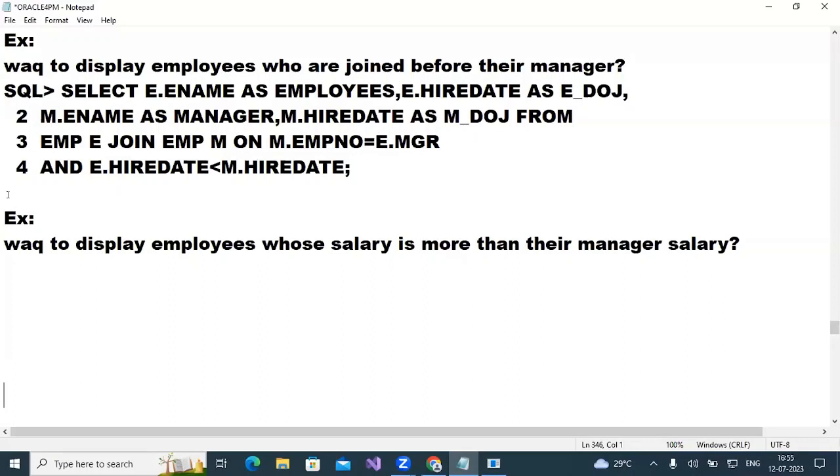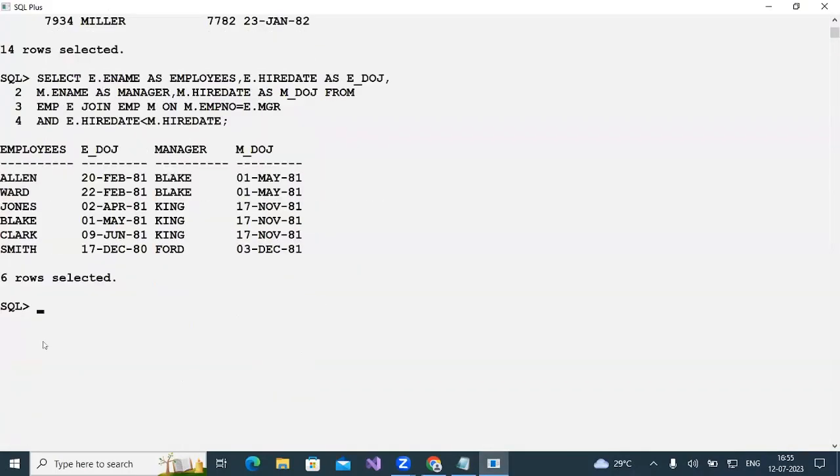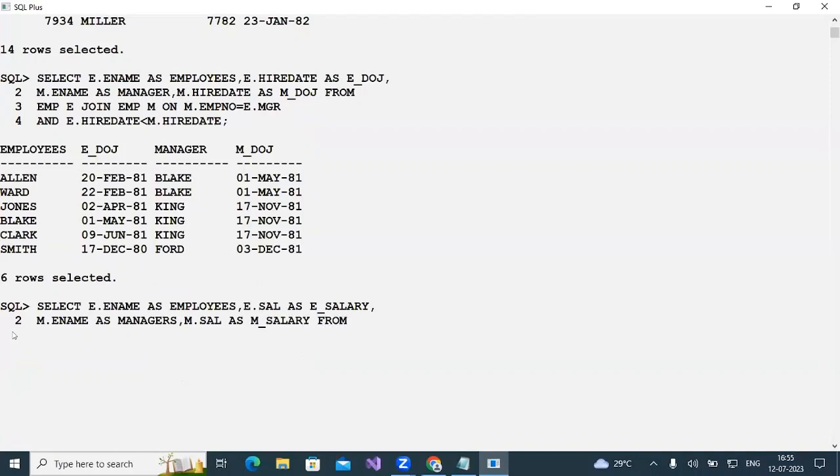Okay, right. So now here, the same as before. Then what do you want to find out now? Employees. Next, E dot salary, I'm showing as E salary. Same as your M dot E name, I will show as managers. M dot salary, I'm showing as M salary, manager salary. From EMP and join keyword